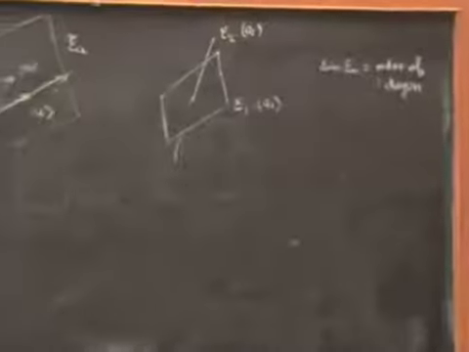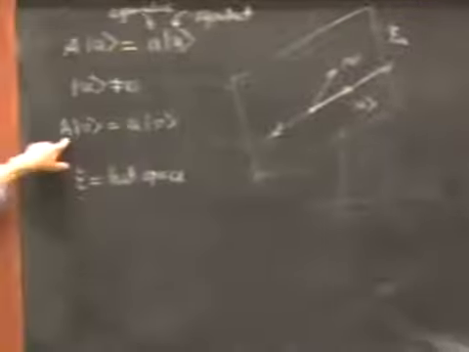Another thing that comes out of this is that a given operator A is associated with a collection of numbers, generally complex numbers, which are the possible eigenvalues of A. That has a terminology. It's called the spectrum of the operator A. So the spectrum of A is just the set of eigenvalues A_n of A. That's all it is. And it's usually viewed as being a subset of the complex plane, a complex eigenvalue plane, really.